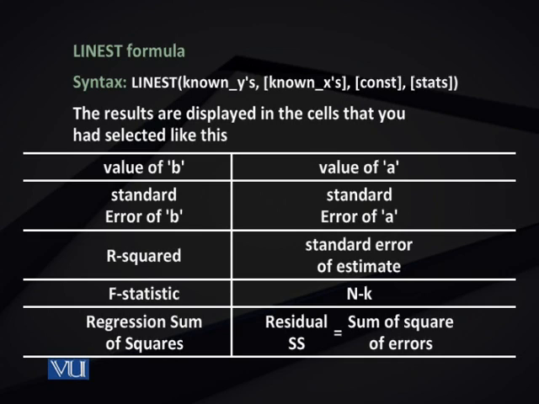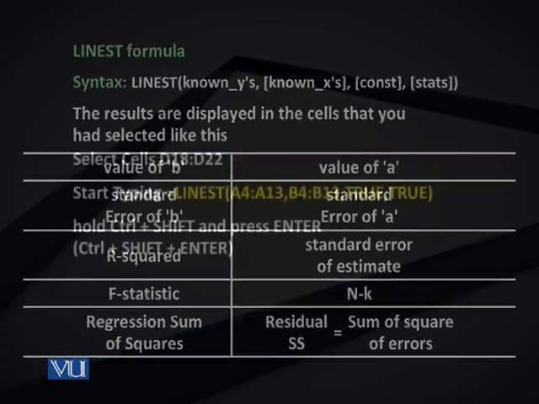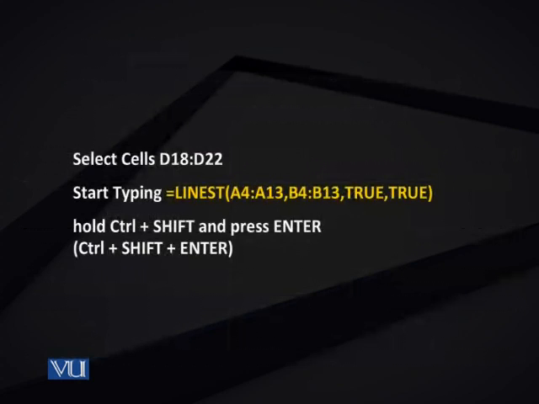So if you look at the slide, you are seeing the command line_st with its syntax, which shows that you have 4 basic arguments. You must give the y range, the x range, which are the cell references for the values of x, which may contain more than one column. You have third and fourth arguments, which can be either true or false.